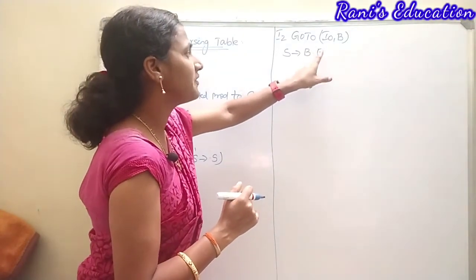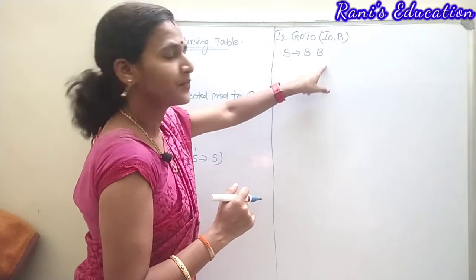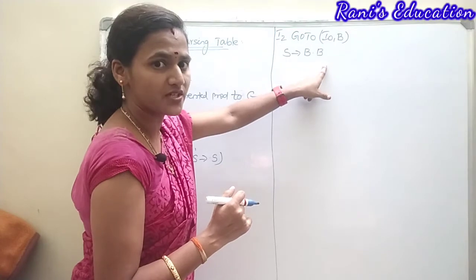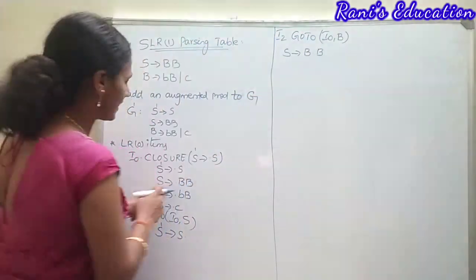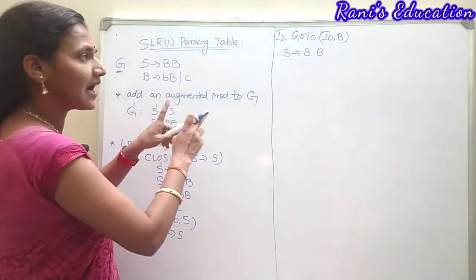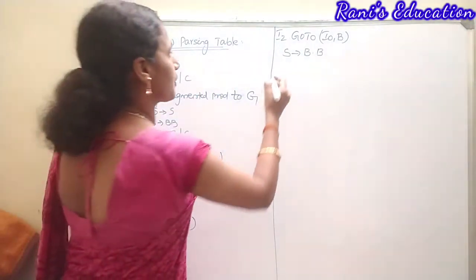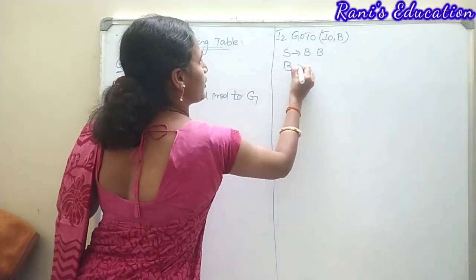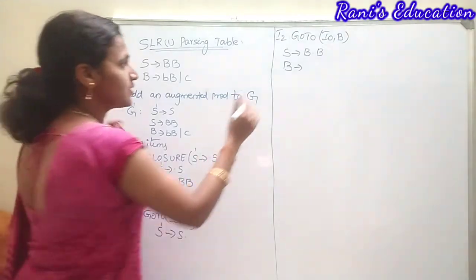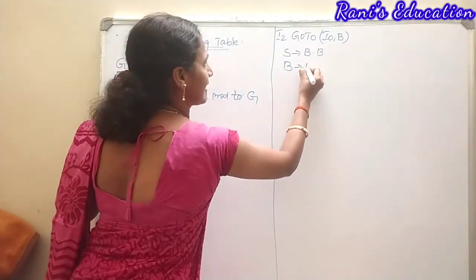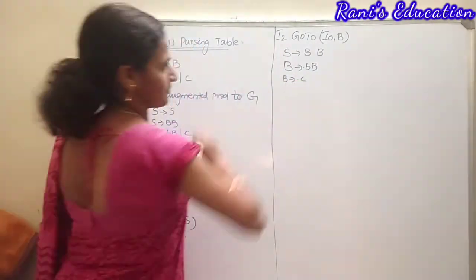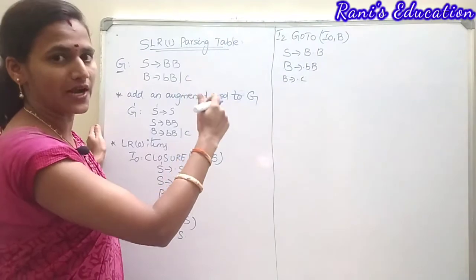So after the dot, do we have a terminal or a non-terminal? If it is a non-terminal, we are supposed to write its corresponding productions in the way we have defined in the I naught item. In that way only we are going to define those productions. That is, B productions are defined like this: B derives dot small b capital B. In the same way we are going to rewrite that. So one more production for B is B derives dot C. This is how we are going to write the production.